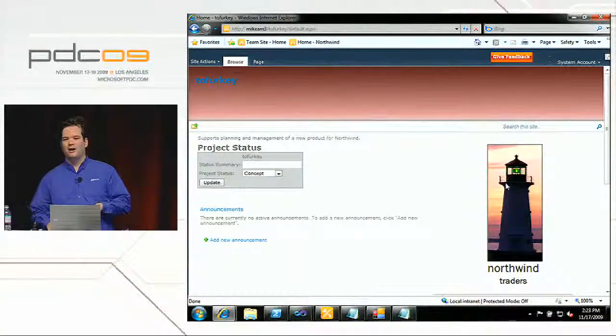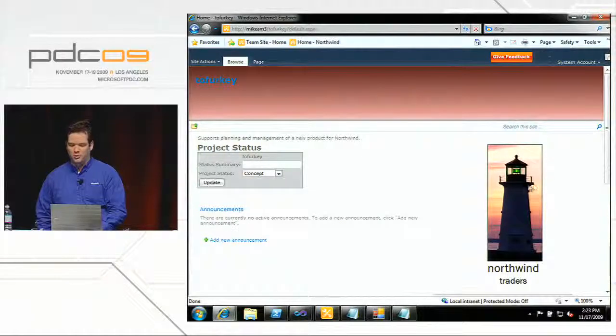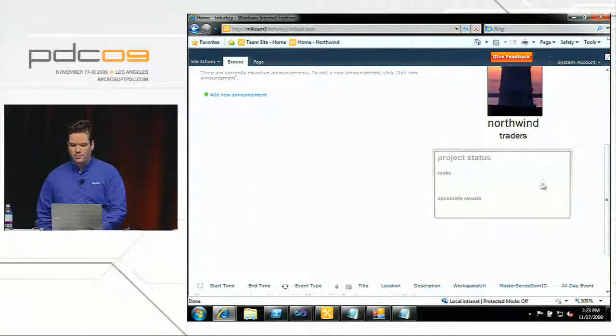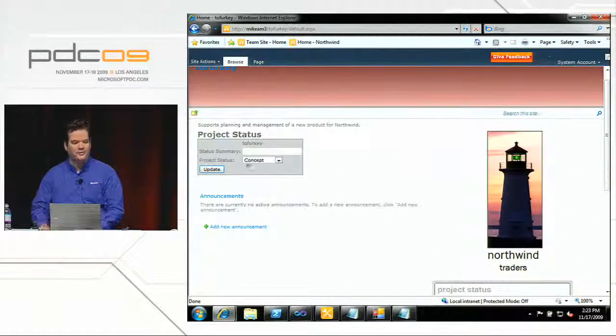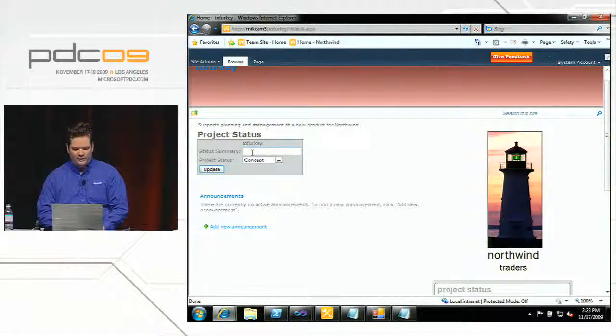You can see that, OK, maybe it's not the coolest site in the world, but it's got a custom master page and a custom logo. It uses a Silverlight web part to show project status. The other interesting thing is that it's got an ASP.NET web part here for managing project status. So if I say, OK, this project has been approved, we really want to ship Tofurky as a product,